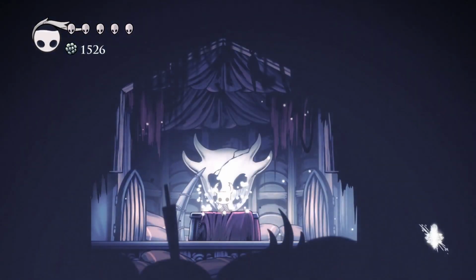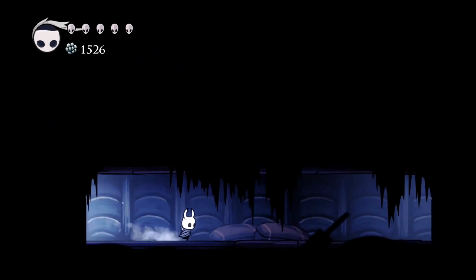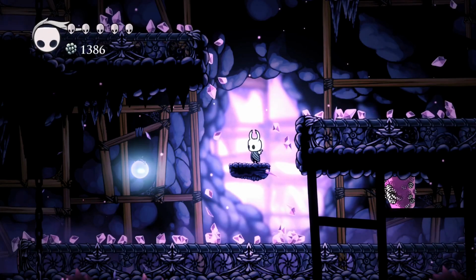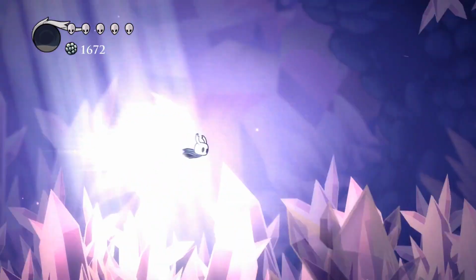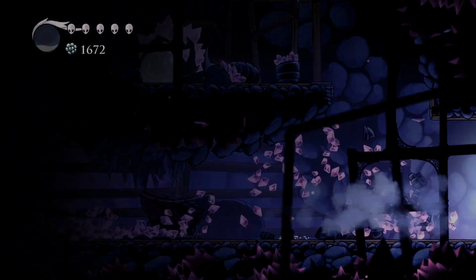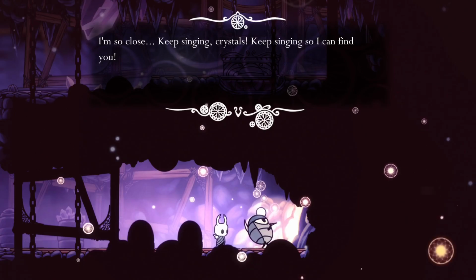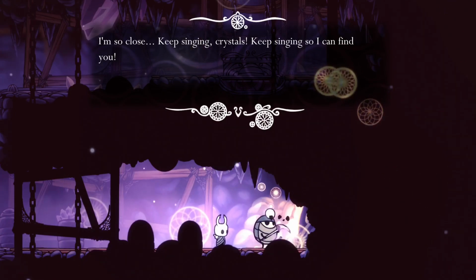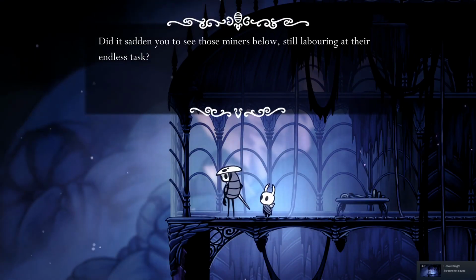Before we end this musical tour, I present one of my personal favorite selections from the OST. I am, of course, talking about Nosk, the Crystal Peak. The crystals, in the lore, seem to be singing, and the soundtrack reflects this, with glass-like drones and harp harmonics seemingly bouncing off the cavern walls.